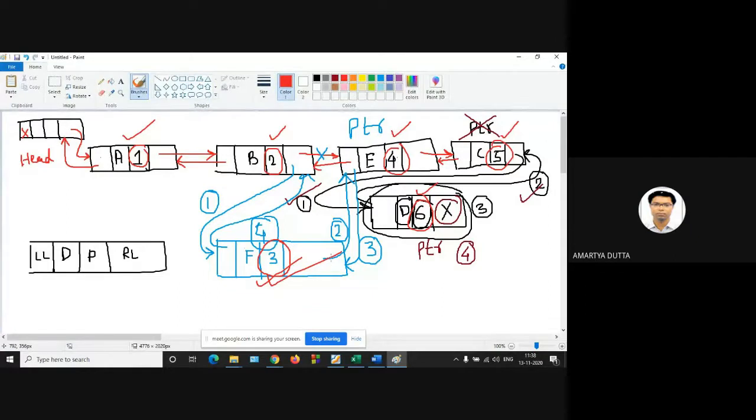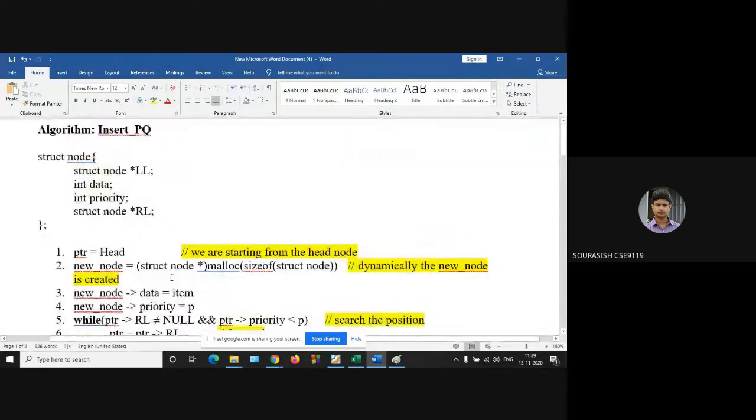So what will be the complexity? The while loop will be executed thrice. So the complexity is n, which here is 3. Very good. So the complexity is order of n.